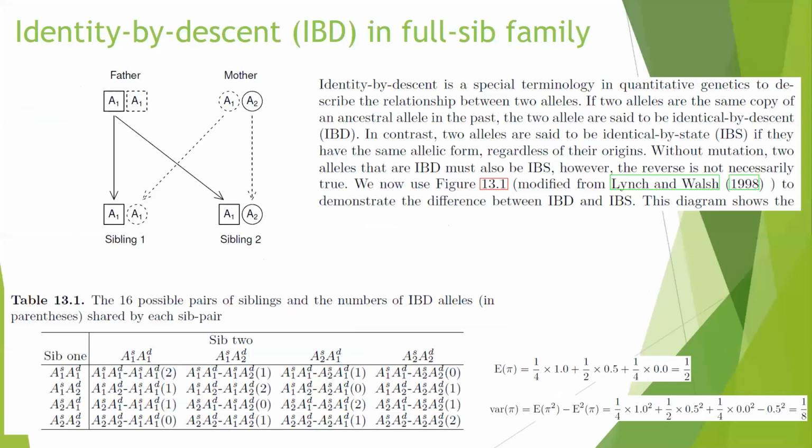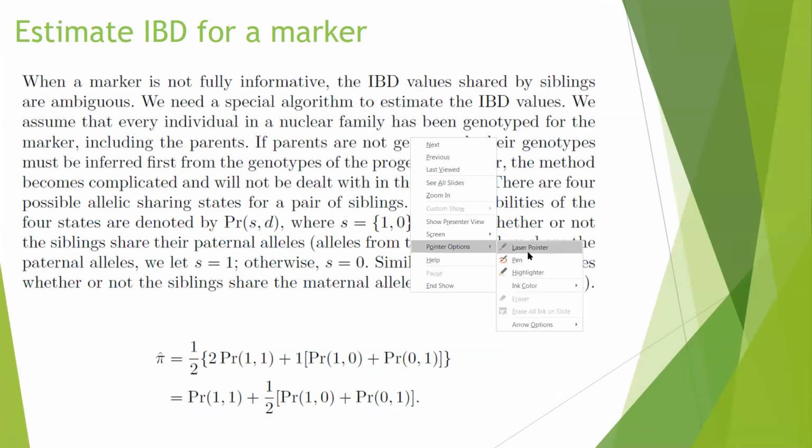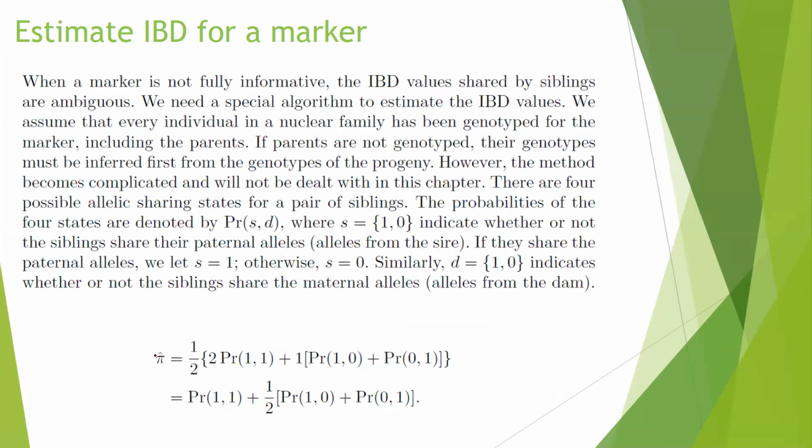Okay, let's move on. In case you do not have clear information about the status of the 2 alleles between these 2 sibs, then you have to estimate this pi. For example, at an unknown locus, if you do the QTL mapping, you have to test not only the marker positions but also any genomic loci on the genome, even between the markers.